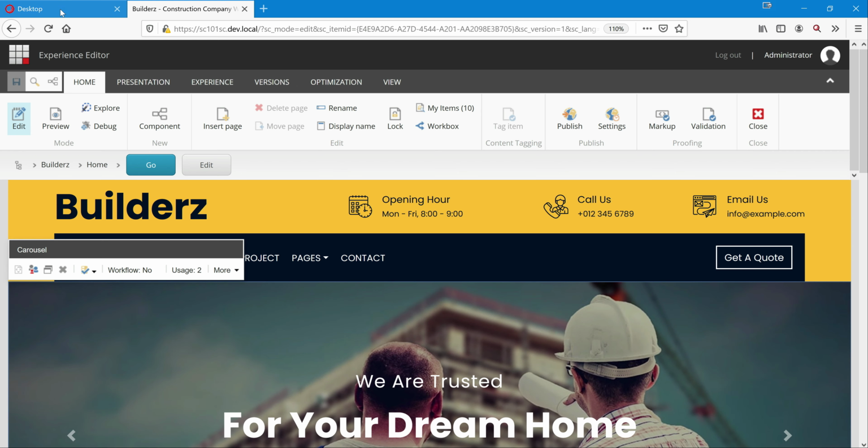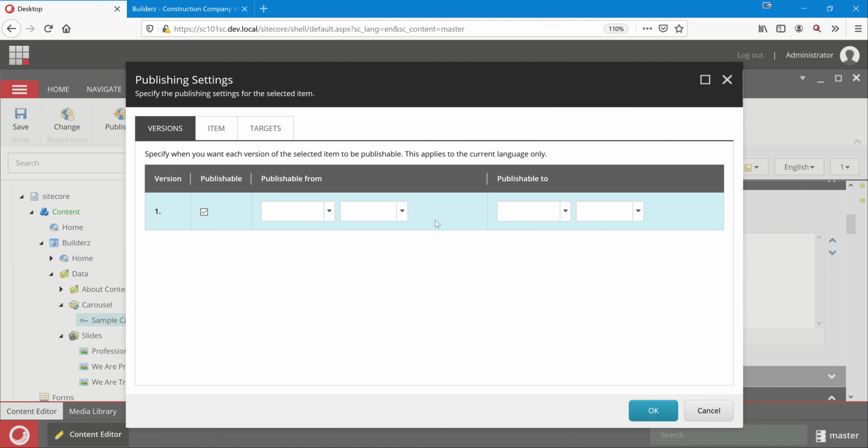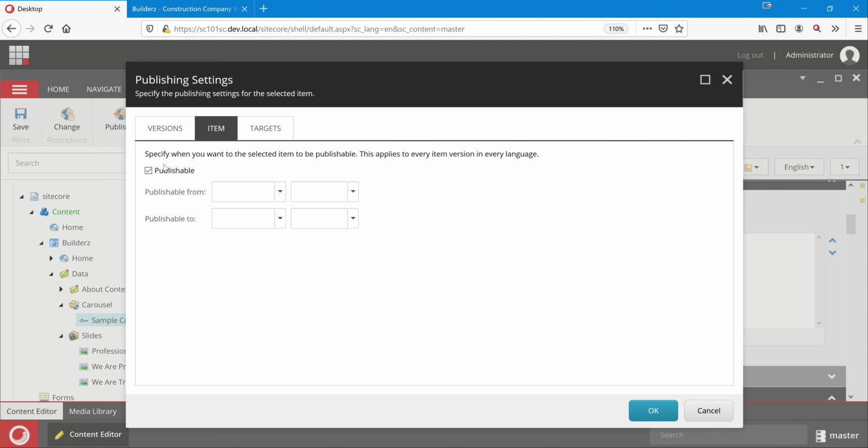And just a little bit about publishing settings. You see here there is a timer and publish icon. Click on this to change. If we want to make some item publishable or available only for a certain number of days or a certain duration, like from date and to date, we can configure it here. And if you don't want it to be publishable, you can mark this as unpublished, so it will not publish.